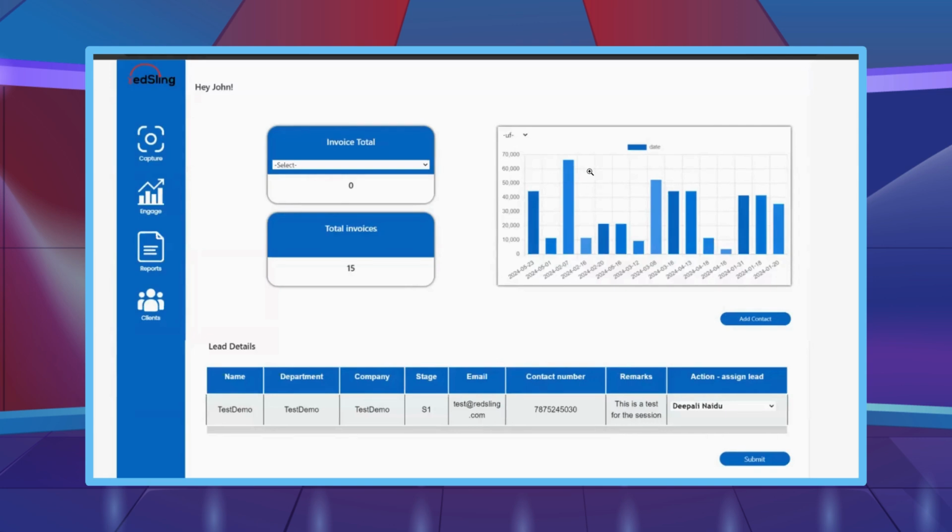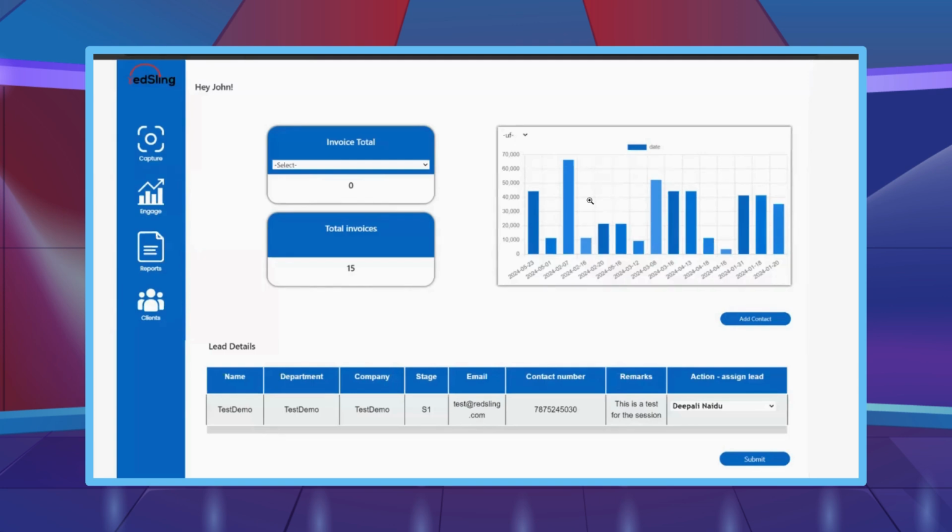So before we begin with actual development of the admin dashboard screen, I would first like to show the audience a picture of what we would be developing today. So this is our admin dashboard, a preview of it. It's complete with a side menu, a few cards to display invoice data, a chart section again to display the invoice data. There is an add contact button which leads to an add contact form that the admin can fill,